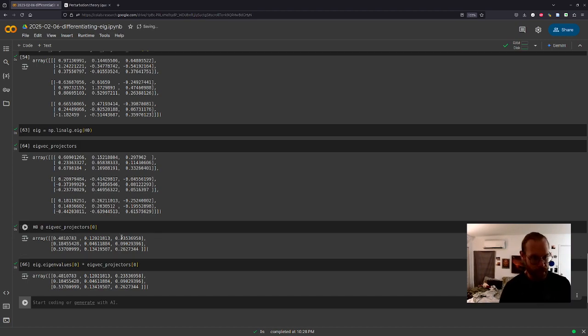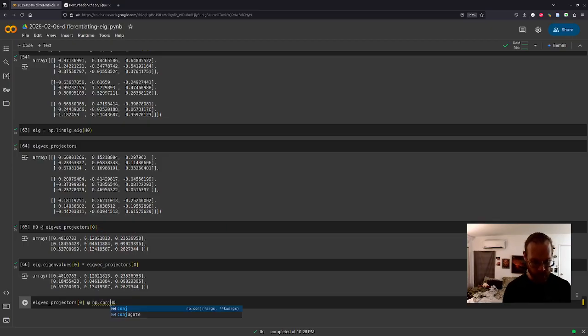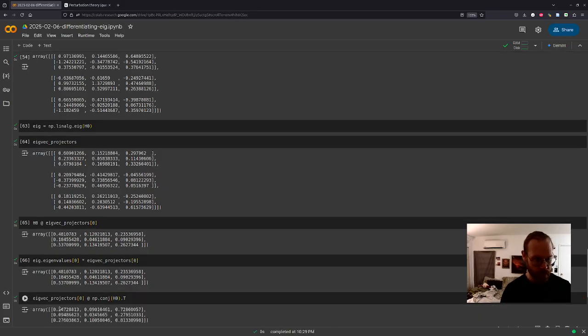And I guess the same thing should be true if I put H naught on the other side and conjugate transpose it. No, it's not.